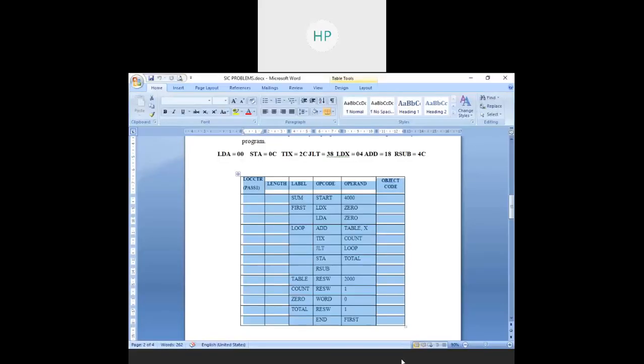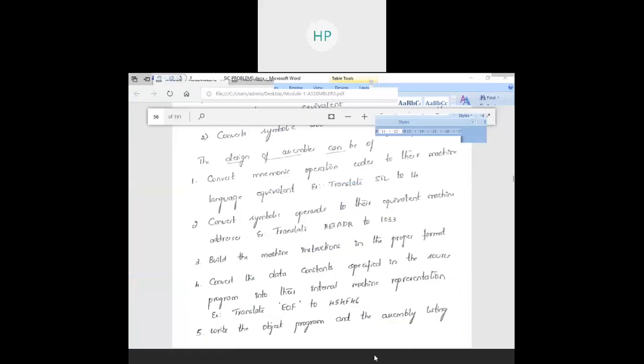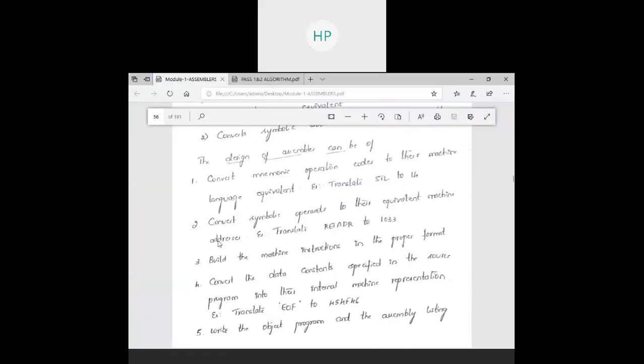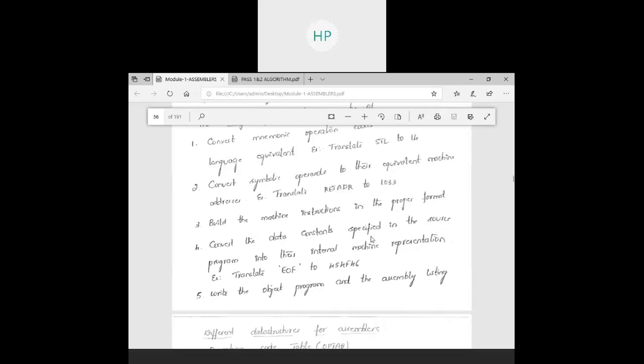The second function of your assembler is operands. It will have an operand, right? So what does it have to do? Convert the operand to its equivalent machine address. In the morning we did the target address. Yes or no? I hope you remember the morning class. So it has to convert to that particular address type. The third function of the assembler is to put it in the proper format. You have 4 formats in SIC/XE, so you have to put it in a proper format and specify the format also.